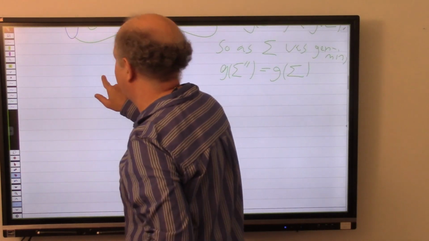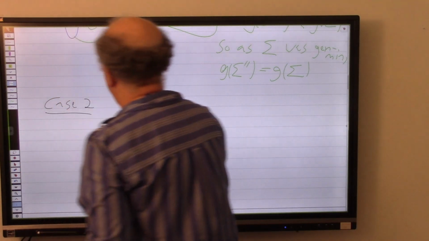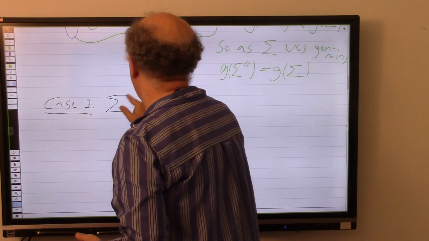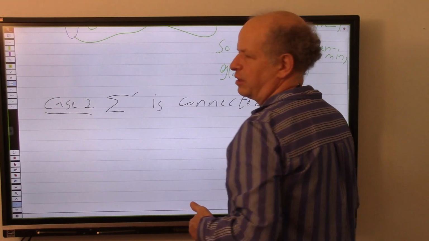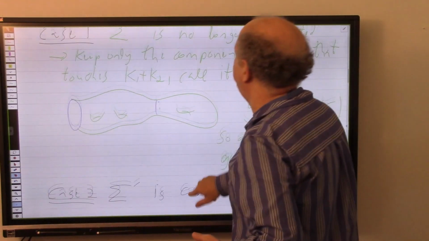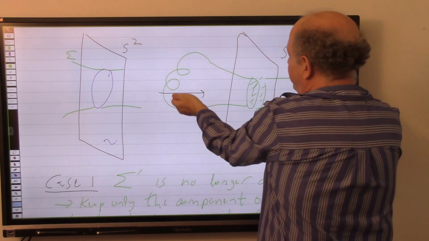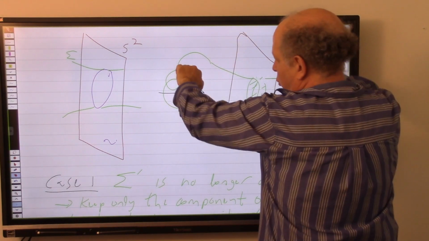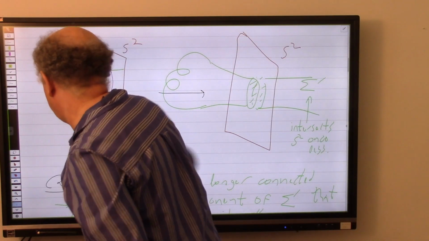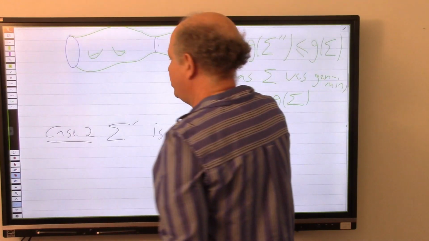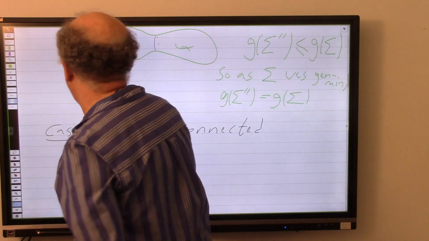And the second case is case 2, this is if sigma prime is still connected. So this happens if the two sides of sigma prime are actually connected via another tunnel, or via the knot itself. Okay? So in this case, you can check. Well, in this case it is even more direct. So in this case, the picture is